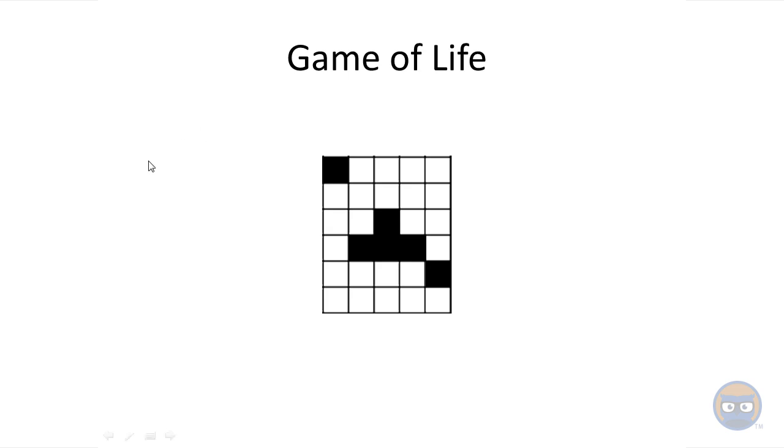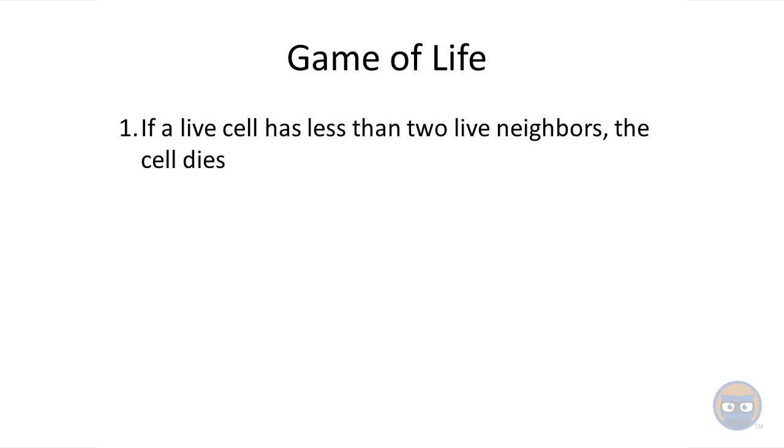So what is the game of life? Well, you start off with this grid, and inside of the grid you have live cells and dead cells. And what you do is you update the state of these cells from generation to generation by looking at 4 very simple rules. So the first rule is if a living cell has less than 2 live neighbors, the cell